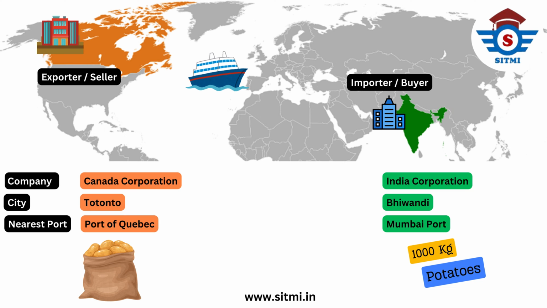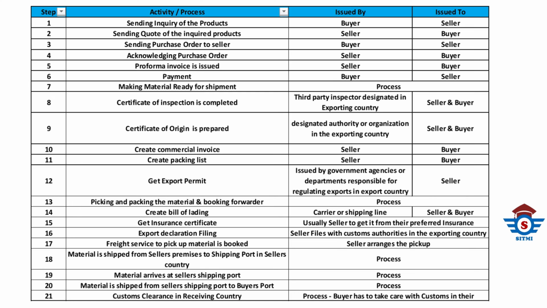So in the previous session, we had seen the detailed process of steps like: first, sending inquiry of the products; second, sending quote of the inquired products; third, sending purchase order to seller; fourth, acknowledging purchase order; 5, pro forma invoice is issued; 6, payment; 7, making material ready for shipment; 8, certificate of inspection is completed; 9, certificate of origin is prepared; 10, create commercial invoice; 11, create packing list; 12, get export permit; 13, picking and packing the